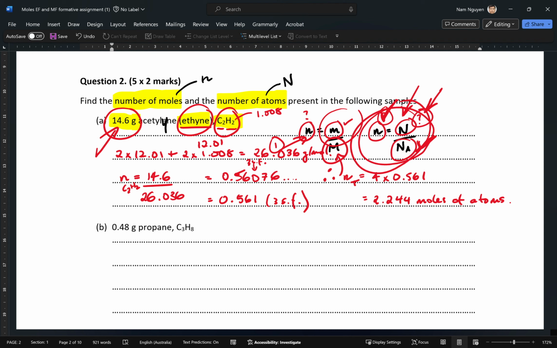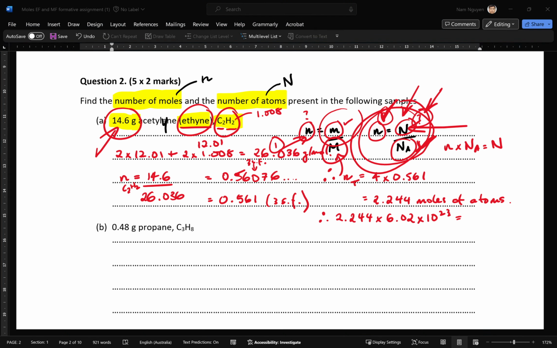So to rearrange it so that I can find out the number of particles present, in this case the number of atoms, we can rearrange it so that the formula looks like this: n times Na is equal to capital N, and so 2.244 times Avogadro's number, 6.02 times 10 to the 23, is equal to